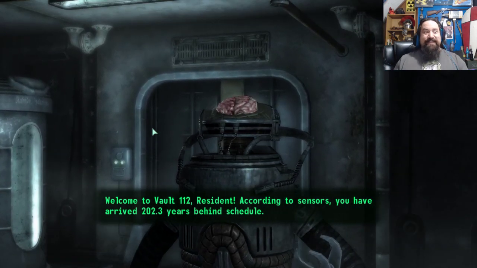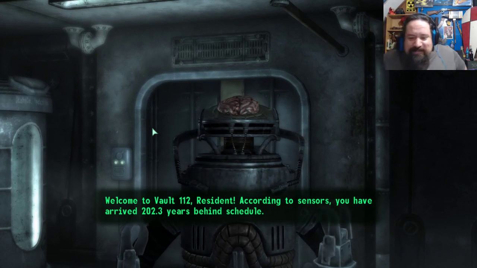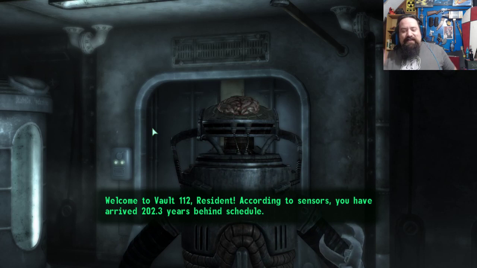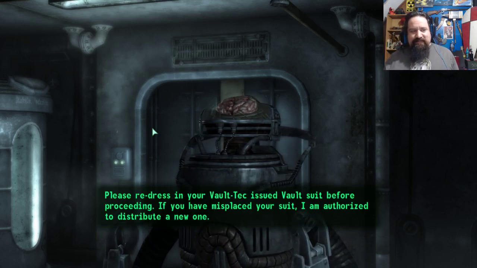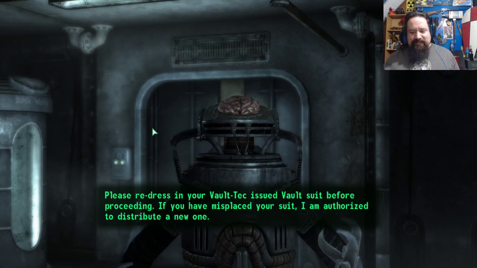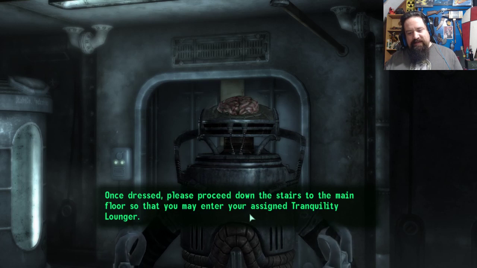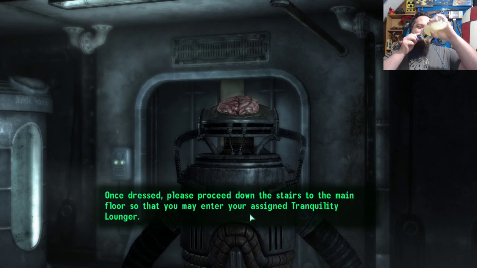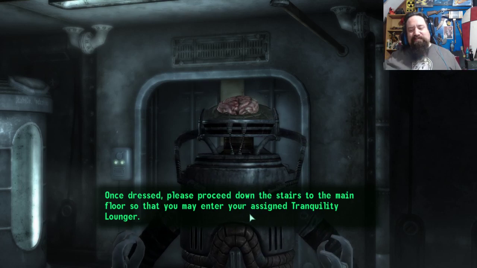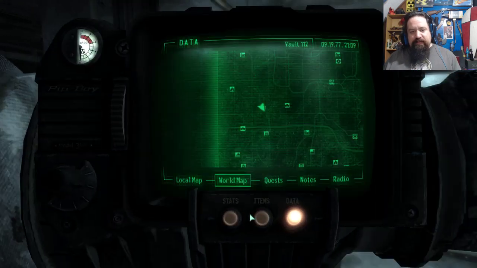Welcome to Vault 112, resident. According to sensors, you have arrived 202.3 years behind schedule. Please redress in your Vault Tech issued Vault suit before proceeding. If you have misplaced your suit, once dressed, please proceed down the stairs to the main floor so that you may enter your assigned Tranquility Lounger. Please find the nearest Tranquility